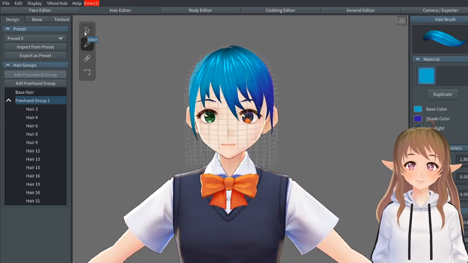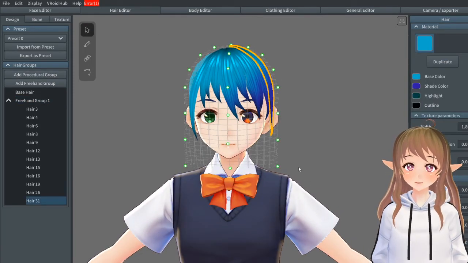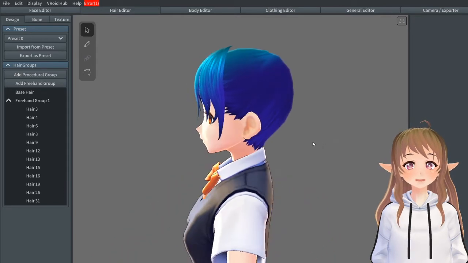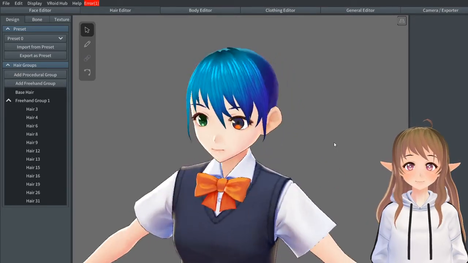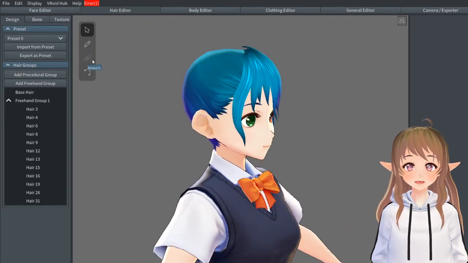See? So I just drew the bangs on. It's super easy, super simple. You already got the bangs. But okay, to explain more about